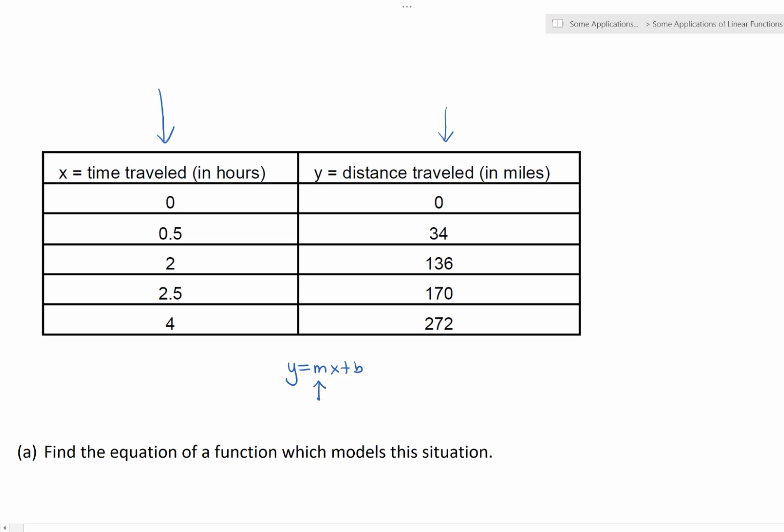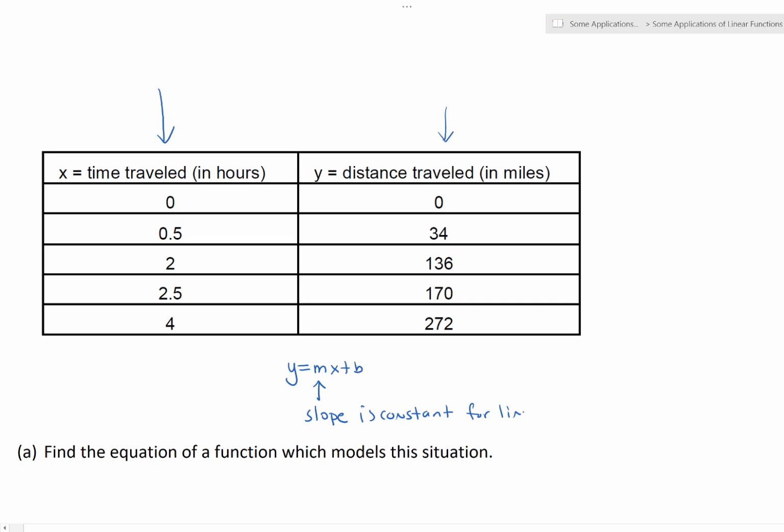The key thing here is the slope. For a linear function, slope is constant. It never changes. It's always this number m, right? Our rise over our run, our change in our output divided by our change in our input. So slope is constant